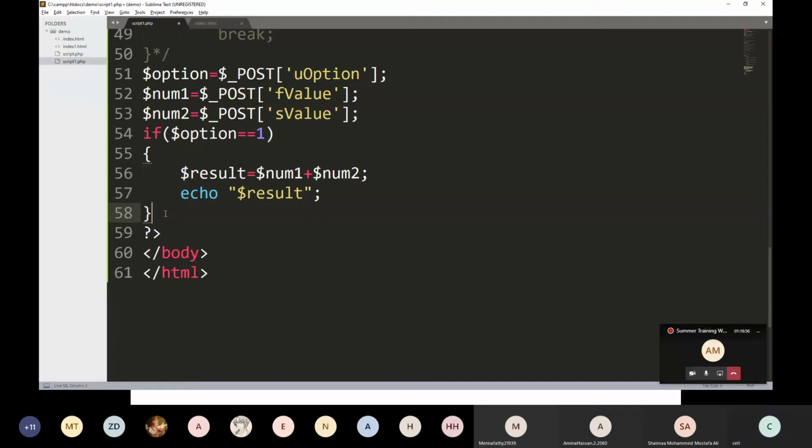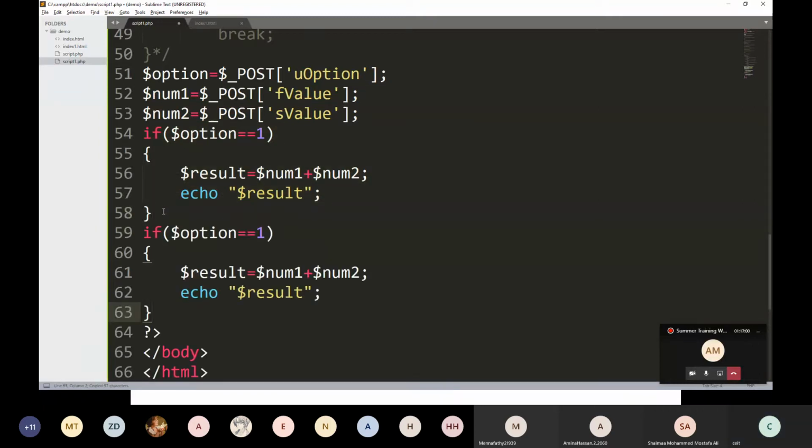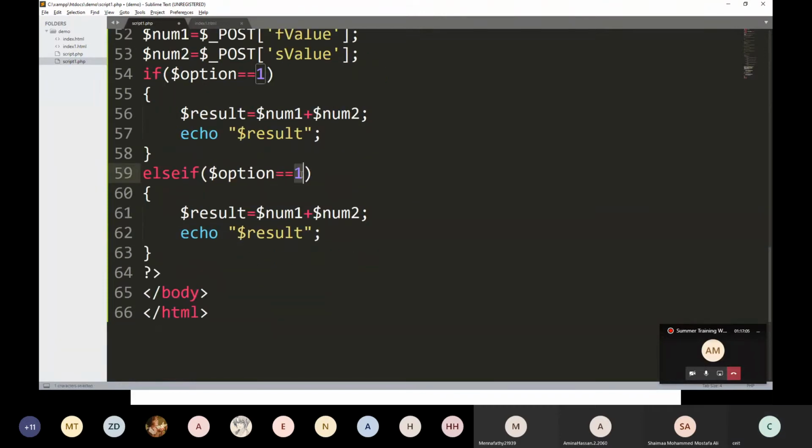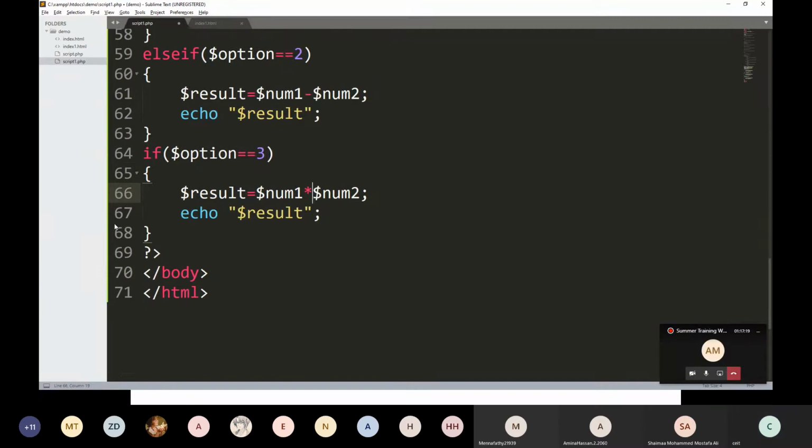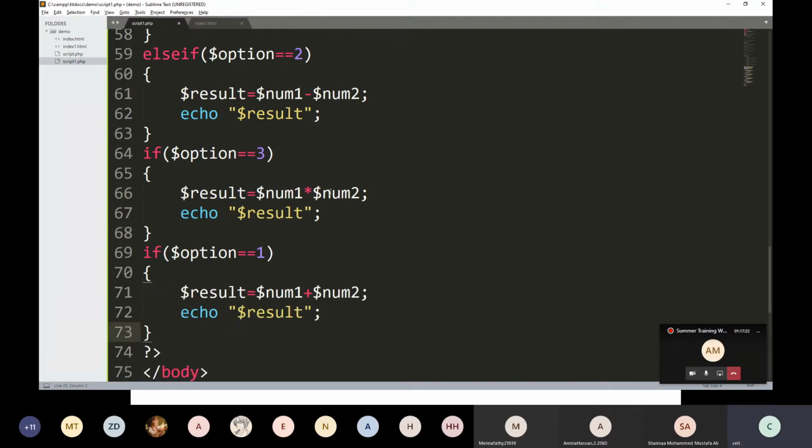Then the same way we can write else if equal to 2, then minus, equal to 3, then multiplication, equal to 4, then division.